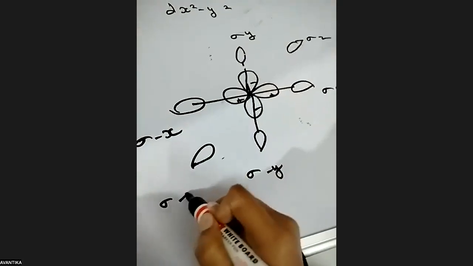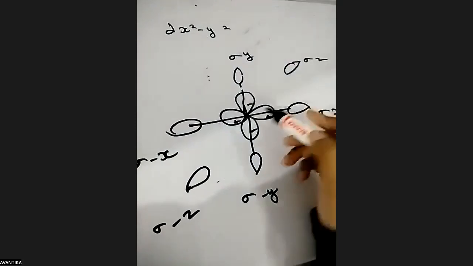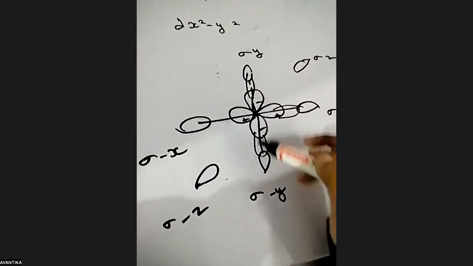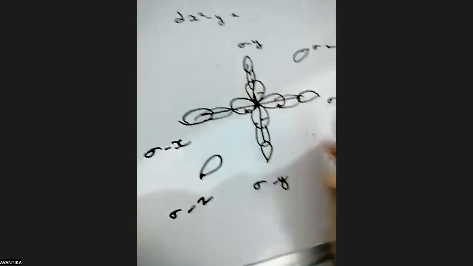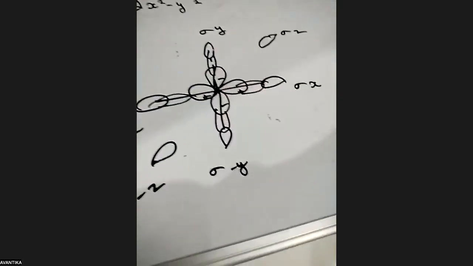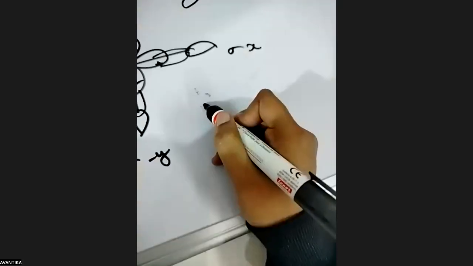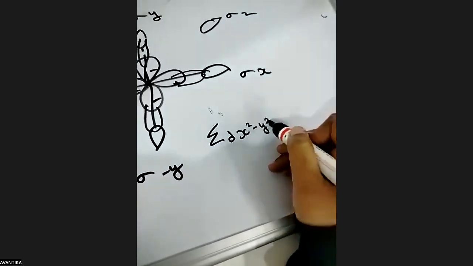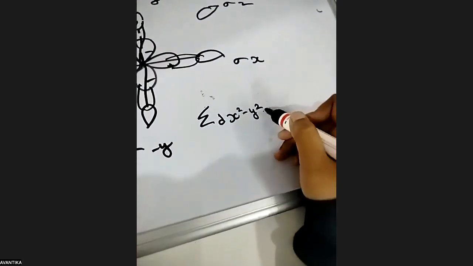So while calculating the wave function in the dx square minus y square orbital, then